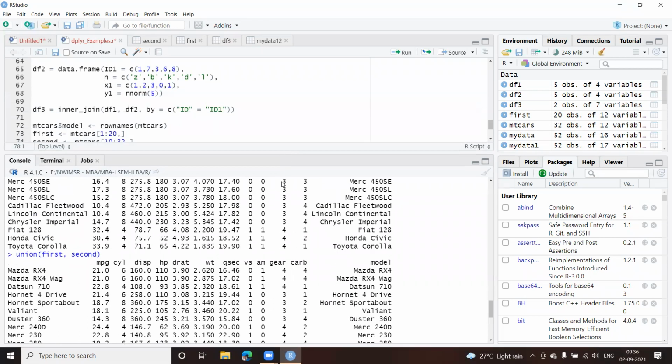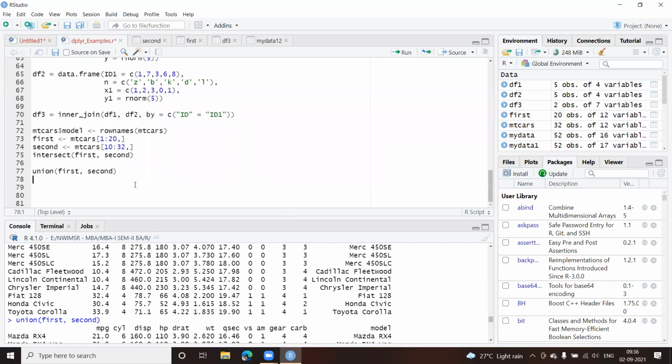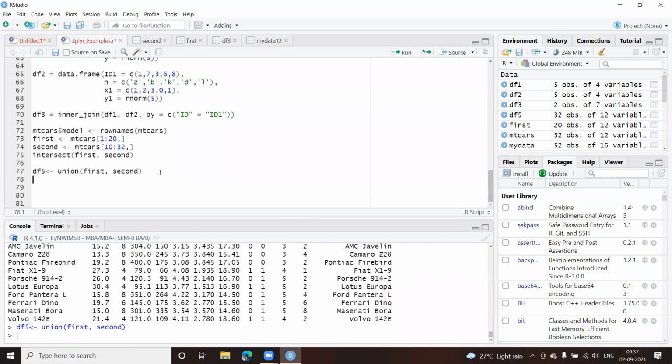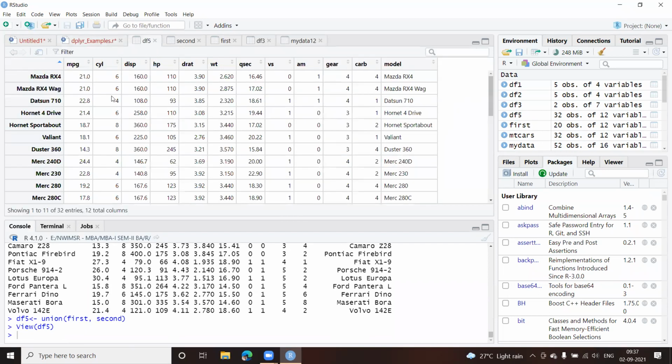What you can do is, when you are practicing it, assign some data frame here. Let us say df5 or something like that, and assign the union. So we can write here df5 equal to, and you can give a union like this, and you can just cross verify what are the records we have. Okay, so you can run this way as well, and you can check your DF5. Okay, you can do that.